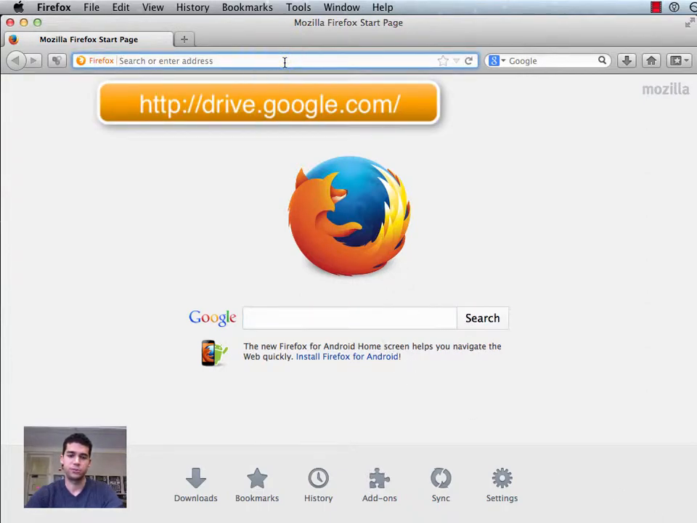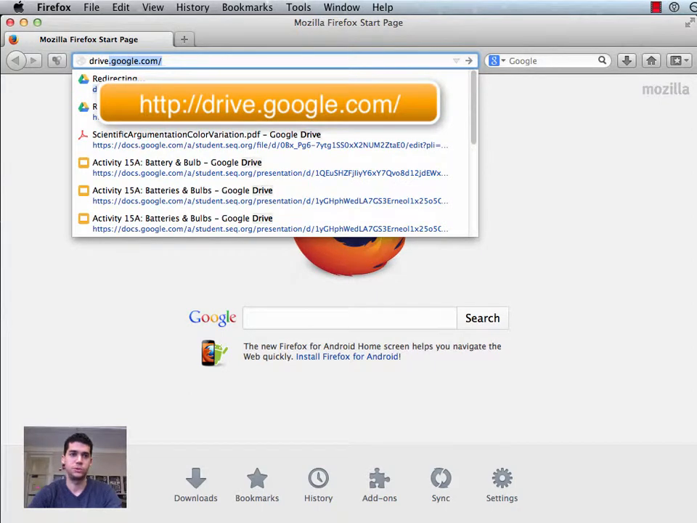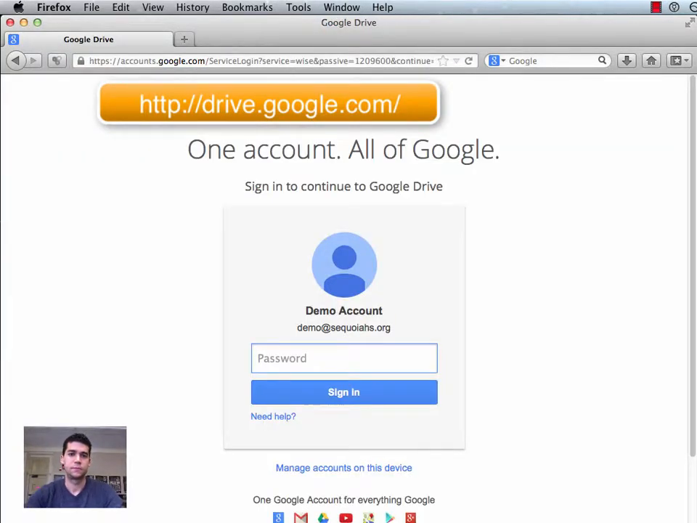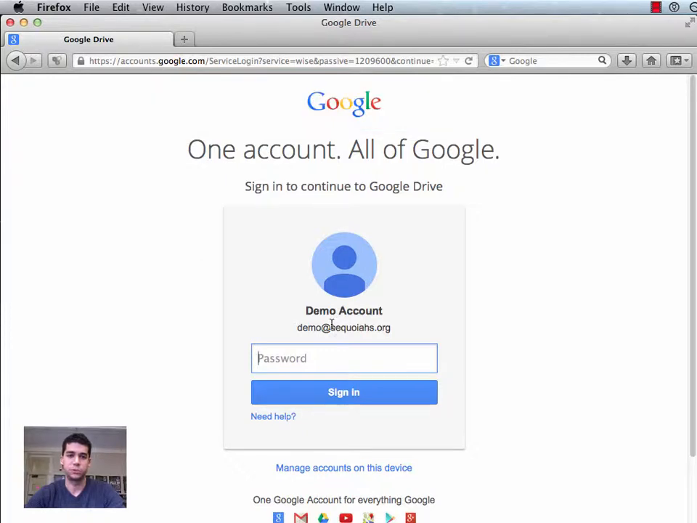So first thing, I'm going to go to drive.google.com, and I've already used this computer to access Google before. As a result, my demo account has been saved. If yours has been saved or if it's the wrong one, you can edit that by going to Manage Accounts on this device. But since that's the account I'm going to log into, I'm going to type in my password,